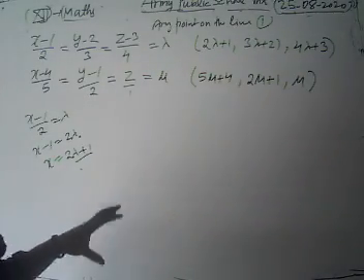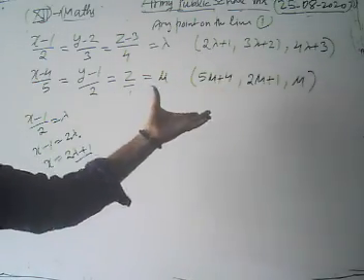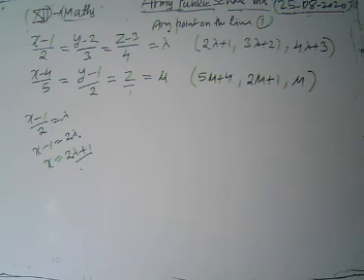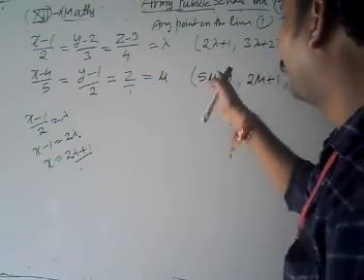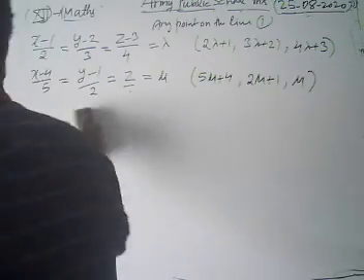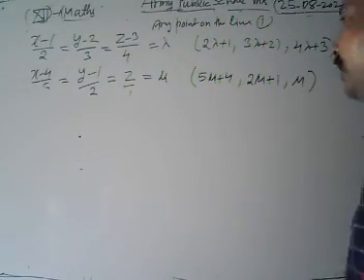Now, if these lines intersect, then these general points must coincide with each other. What does this mean? Since lines 1 and 2 intersect, the points coincide for some values of lambda and mu. Using this concept, if these points are coinciding, then what do we have?